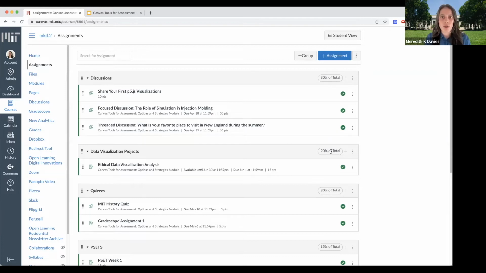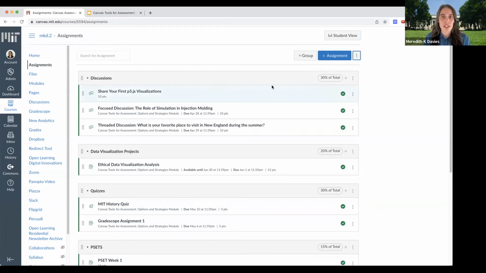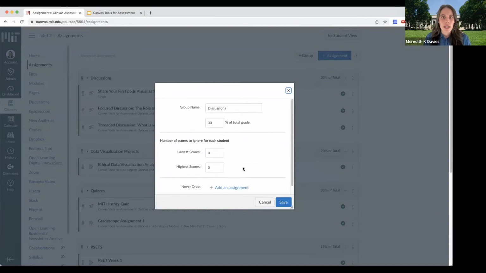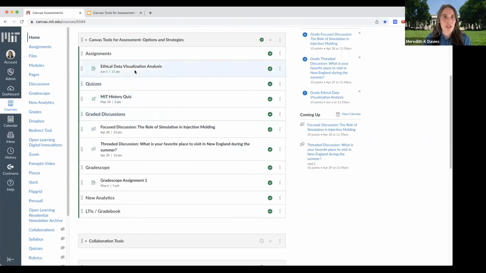So you can see here that it's showing you this 30%, 20% of total. That's because I've added weighting to my grading scheme in my course, which I can do by clicking on the assignment settings menu and going to assignment group weights. So this is the menu where you can add assignment weights to your assignment groups. Additionally, within an individual assignment group, if I expand the settings for one group, I can decide to drop the lowest score, for instance, from a group or higher scores, but you might want to consider something like that in your overall grading scheme. So I'm going to go back to my course outline,